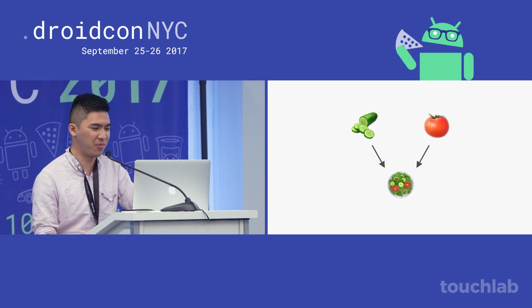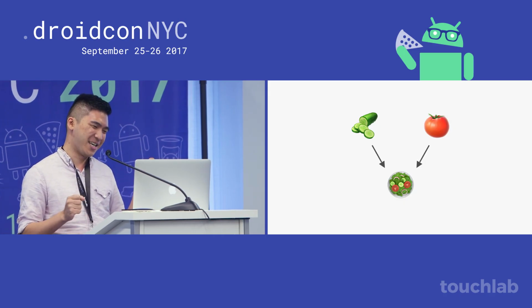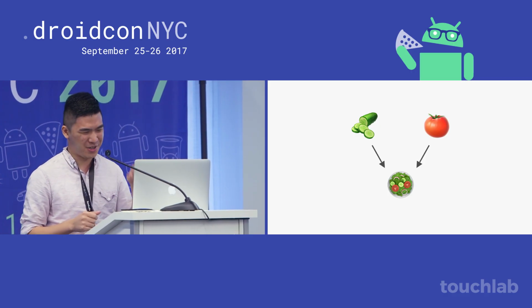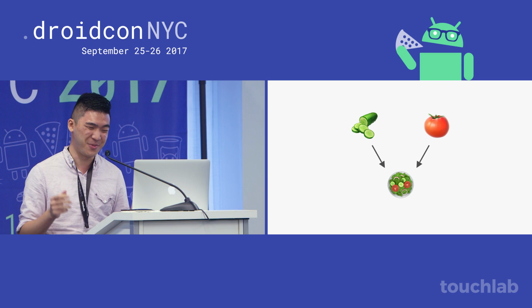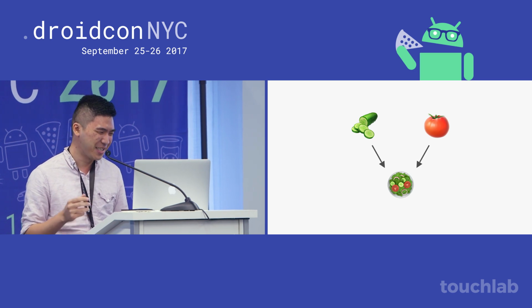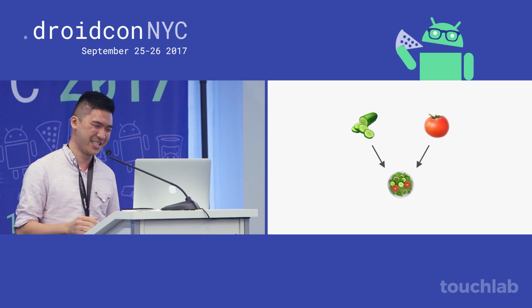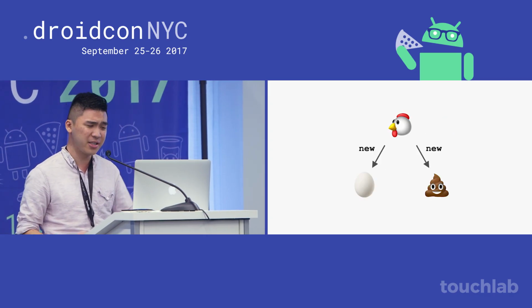Cool. So what is dependency injection? This is a really, really quick overview. Kind of like you're making a salad, and you take a cucumber and a tomato, and your salad depends on the cucumber and a tomato. I mean, what is a salad if you don't have those ingredients? Maybe you can make a salad with other ingredients, whatever, but this is what the emoji looks like. It's kind of weird, though, because